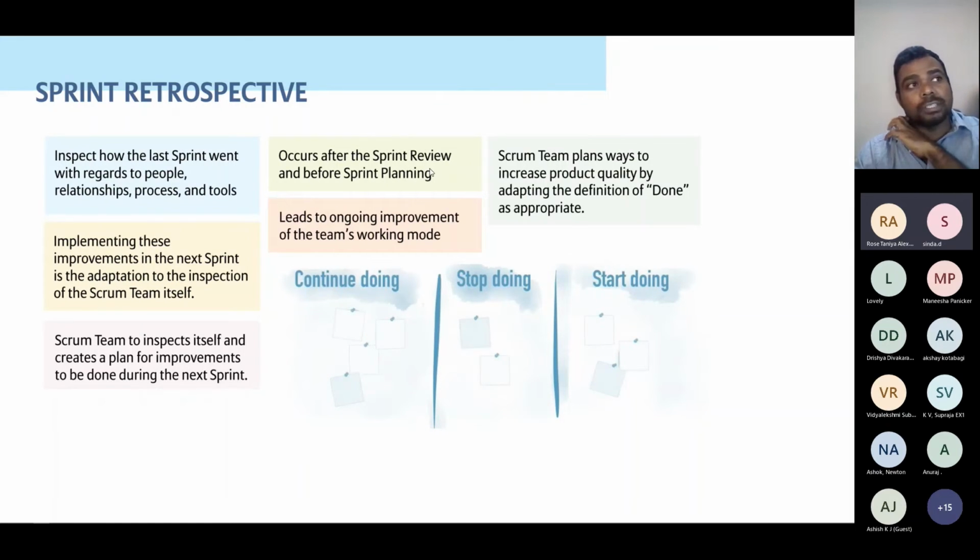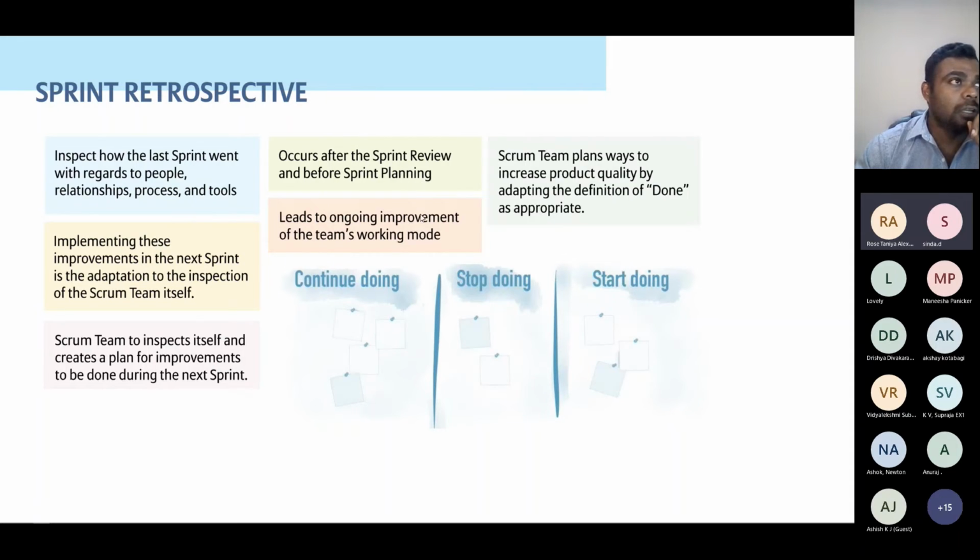Why is it recommended after the review? When you do the reviews, you might get a lot of insight into how you went through the last sprint and how it was. Was it a roller coaster? Did we have any hurdles? What are the challenges we went through? So these are all the insights you will get as part of the review. You'll have a light discussion, and then when it comes to the retrospective, you will never forget anything, and immediately